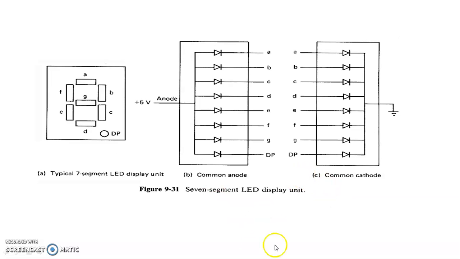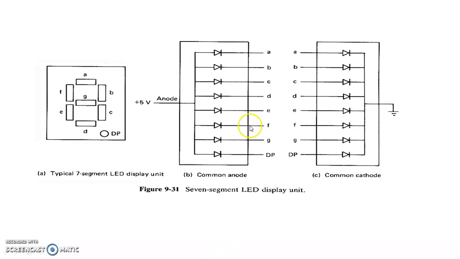In case of common cathode, all the LED display cathodes are connected to the ground. So cathodes are connected to the ground, that means the anode has to be positive high. Then only the diode will get lit up. So in this case, the ports should throw logic 1 to drive the segment. That is the case of common cathode. In common cathode, the port should throw 1 so that the segment glows. In case of common anode, the port should throw logic 0, therefore it will get lit up.